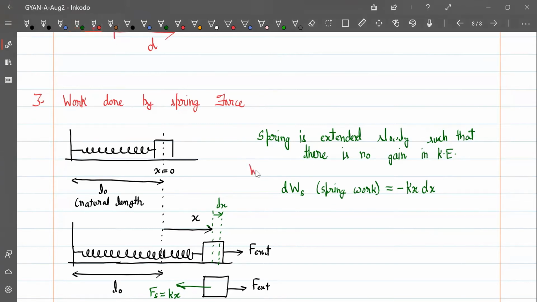This is work done by spring when extension is from